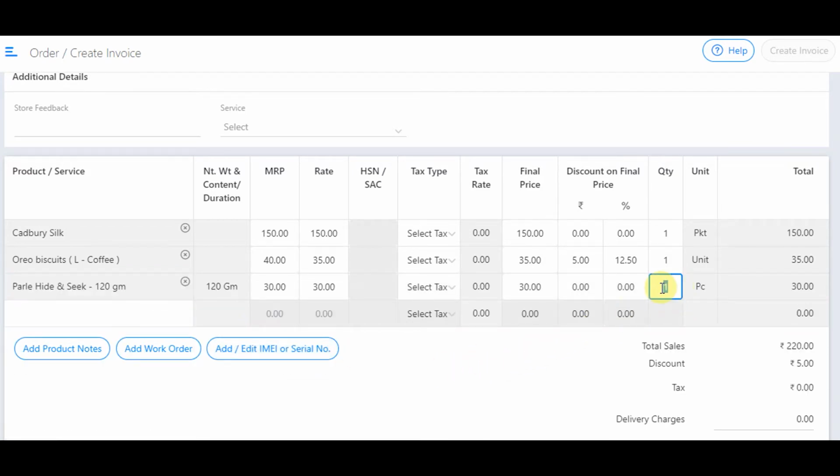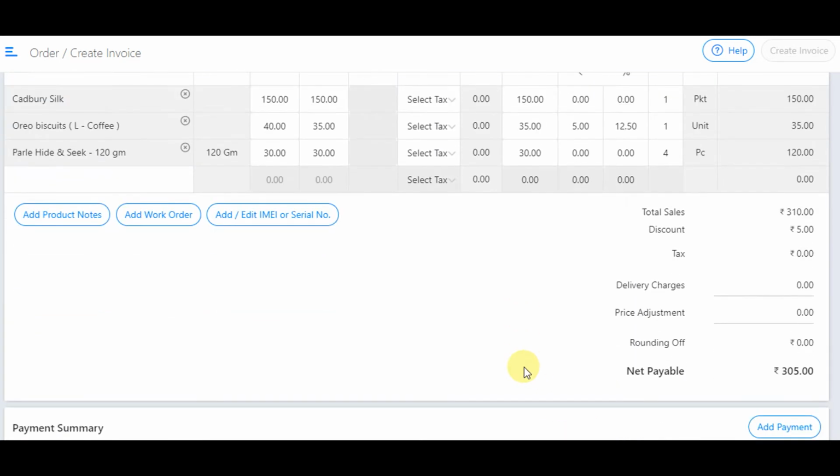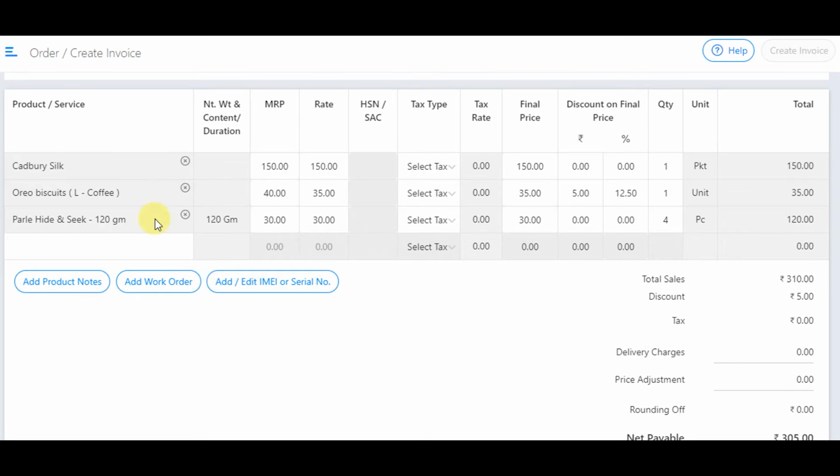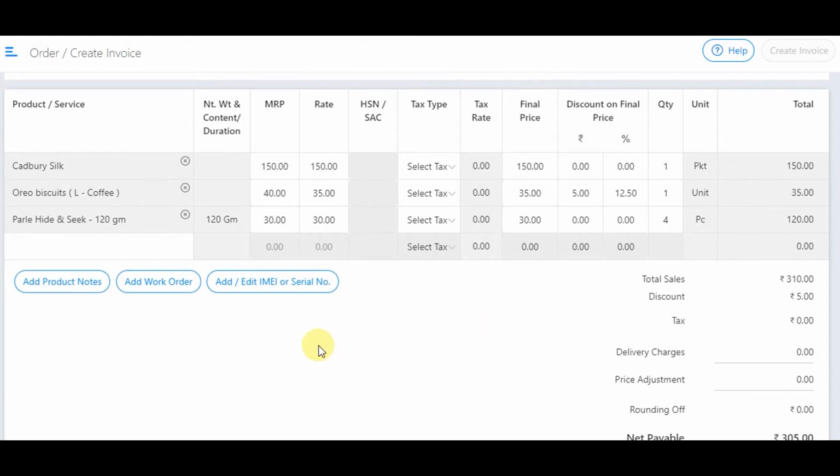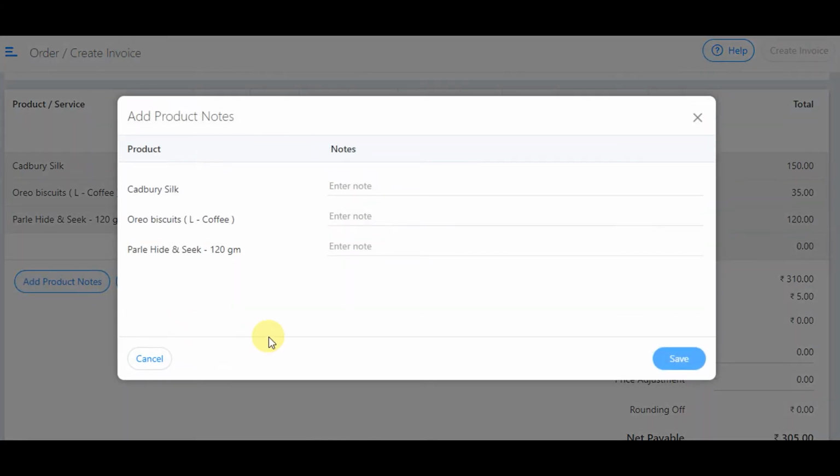You can see upon entering the product name, their pricing details get pre-filled, and you can see the total amount for that order. Now if you want to add a note for each and every product in that order, you can click on add product notes and add some description for each of those products.